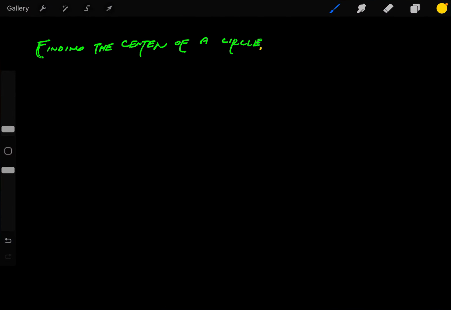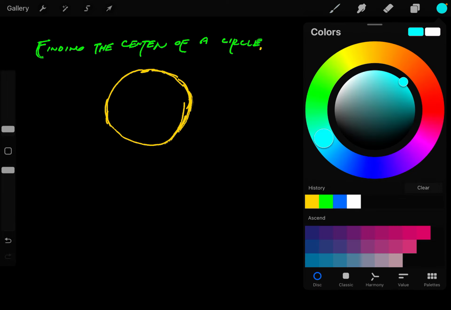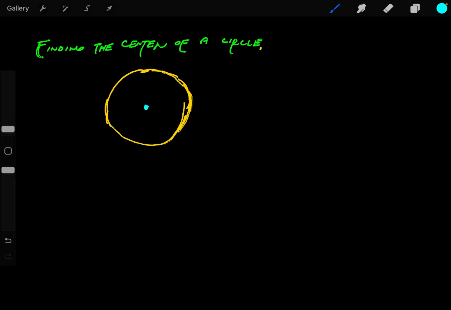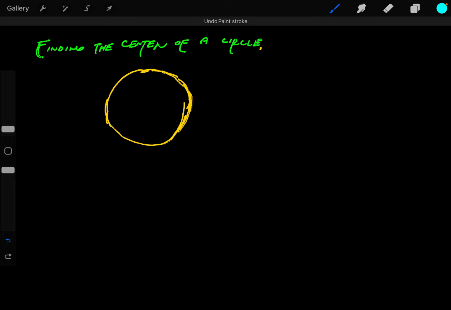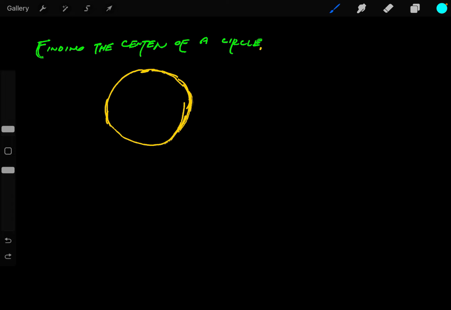Okay, so what we're going to go through now is how we could find the center of a circle if we're given the circle without its center. So we have some circle and we want to determine where the center is. Basically, we don't want to just sit here and guess. We don't want to say, oh, here's the center, it looks like that's the center, there's the center. No, we want to make it mathematically 100% that we have an accurate representation of the center for any given